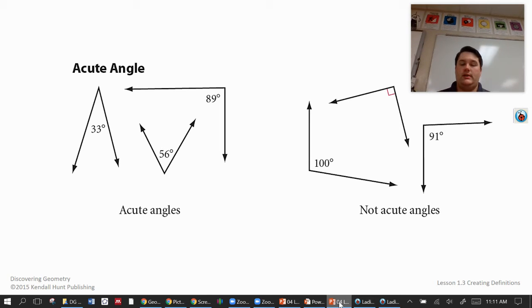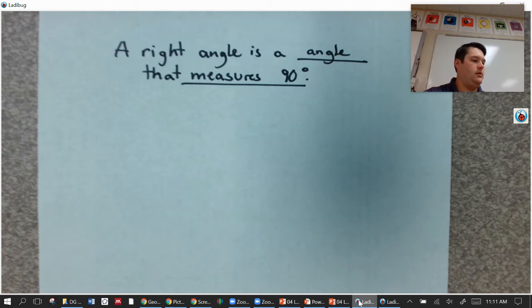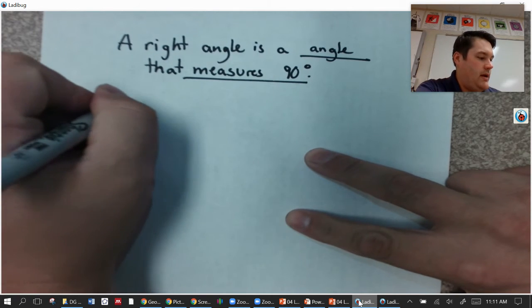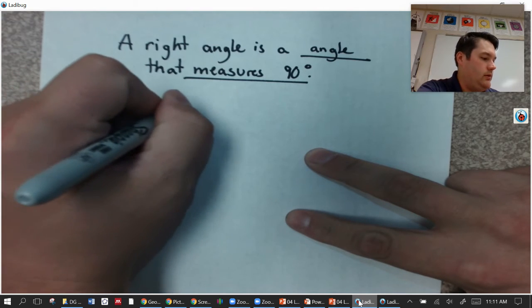Okay, next definition is an acute angle. Now remember, we're going to write a definition like an acute angle is a blank that blank. How is it? What is it? How is it different from all the other ones? Go ahead and write that in. Okay, so again, kind of filling in our definition spot, an acute angle